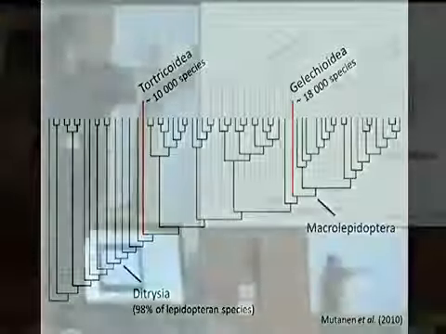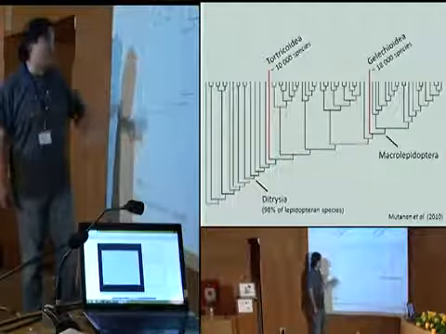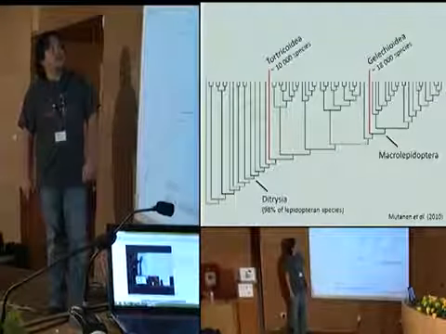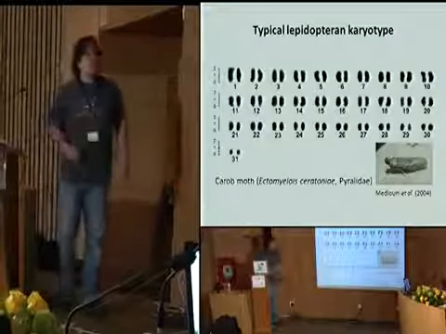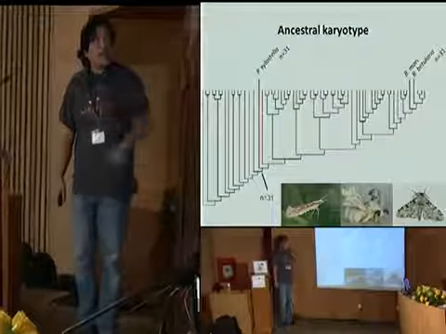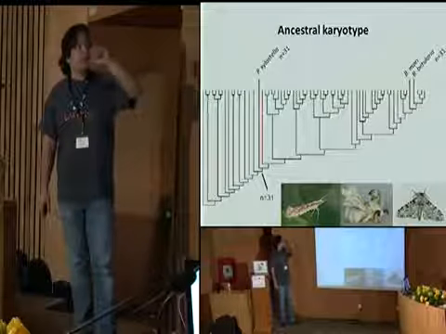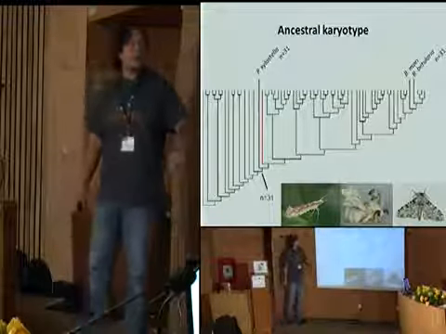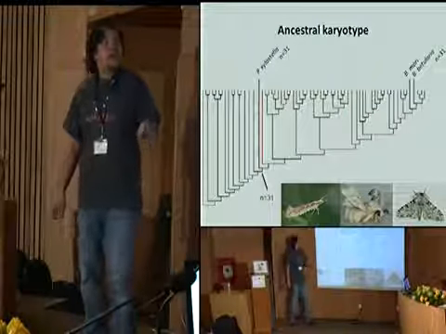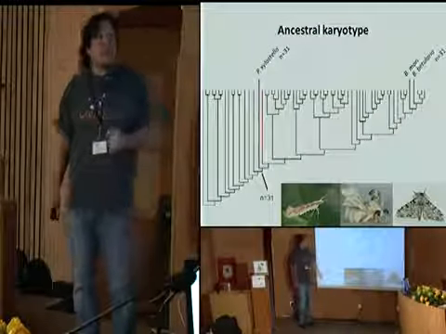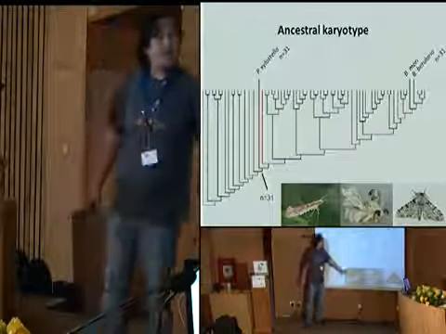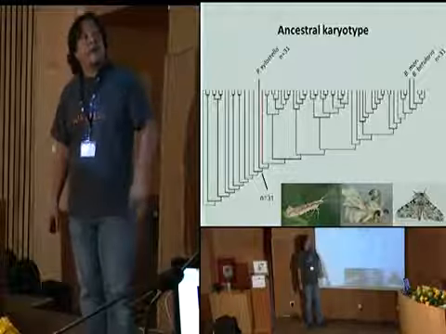And these primitive lineages, or basal lineages, are not important for us now. The ancestral karyotype n equals 31 is also supported by comparative studies, when a genetic linkage map of diamondback moth, which is here, or peppered moth,